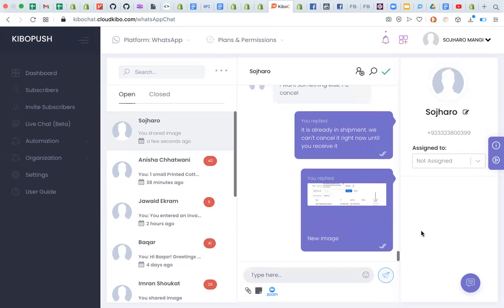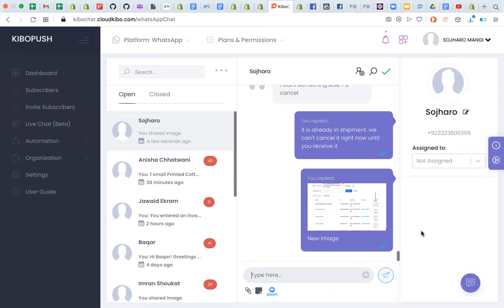Now this image has been sent to the customer on WhatsApp, and the customer also has the option to send images from WhatsApp to the agents. So let me send a product image from WhatsApp.